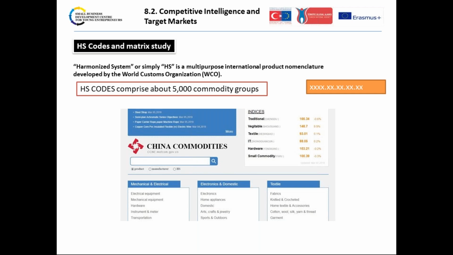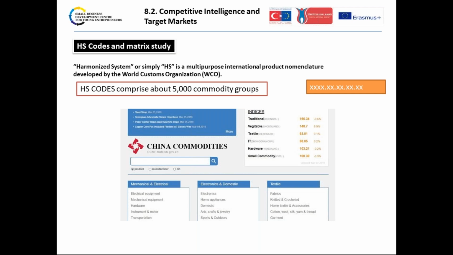And there are something like 5,000 different HS codes in the commodity groups. Normally it consists of a 12-digit number, but I don't want to bother you with long information. But please know that you have a kind of HS code, and you need to find the HS code